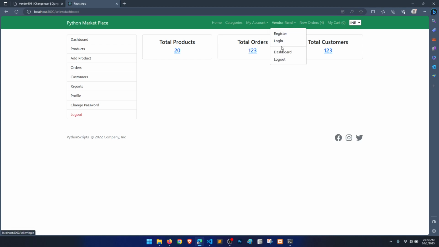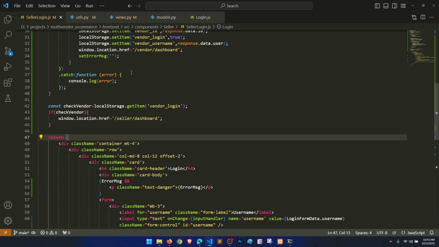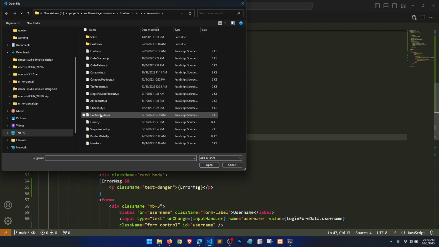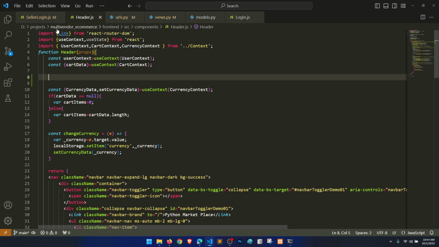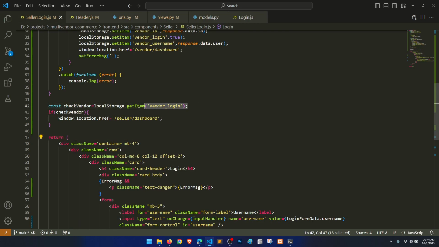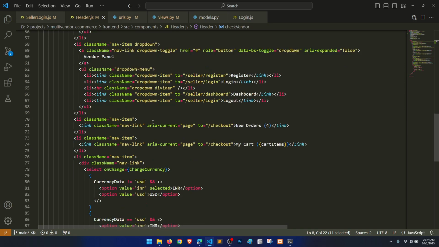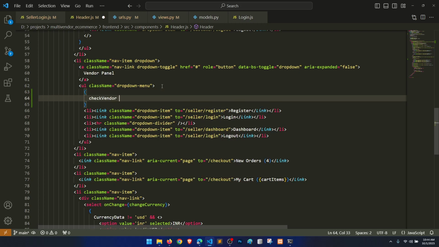Okay, now we need to hide this one if vendor is already logged in, right? So what we will do, we need to open the header, right? So components, header, and we need to find the local storage, check vendor, right? So check vendor, so we'll say here, right? So check vendor, and then we'll have